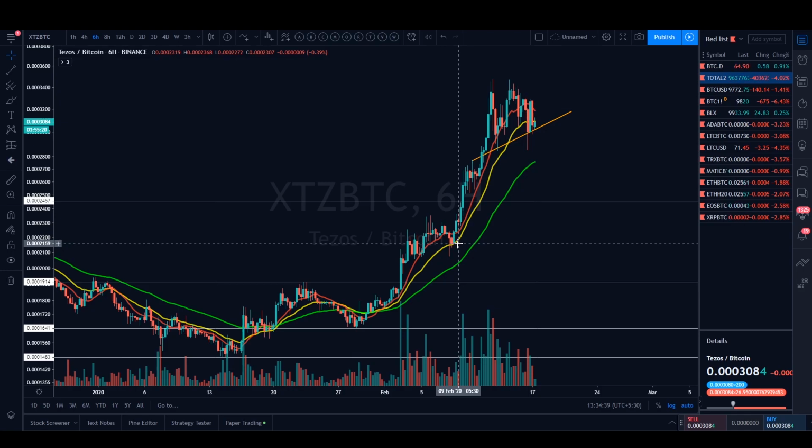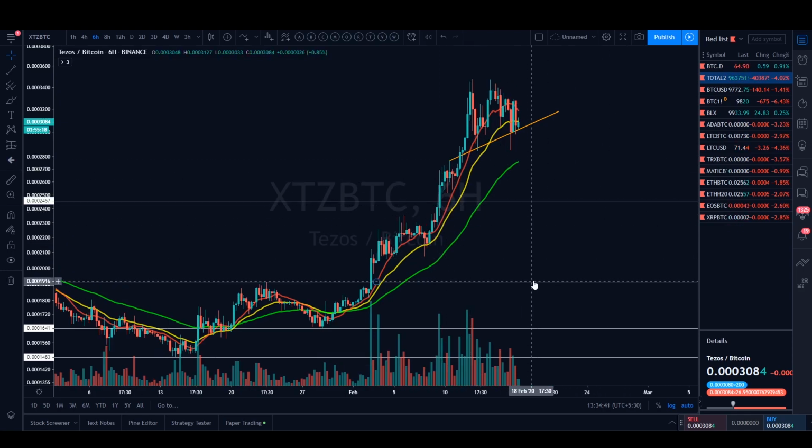I always stress that. So right now, guys, Tezos has broken that 21 EMA. It's given us the first sign of it wanting to maybe cool off a bit, in conjunction with this bearish head and shoulders. Of course, price could very well make its move down. If it does break that, and if this head and shoulders does play out, we come all the way down to that